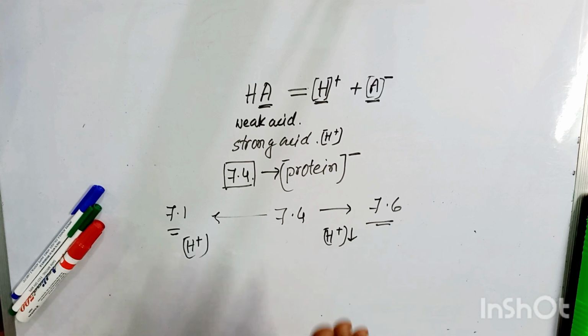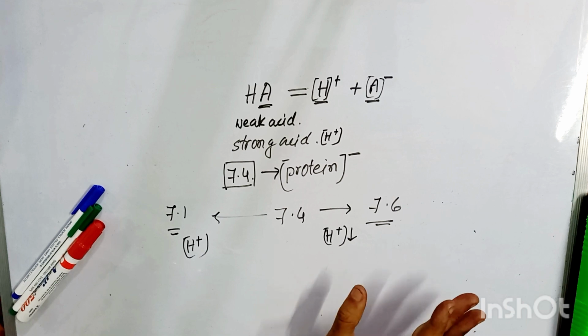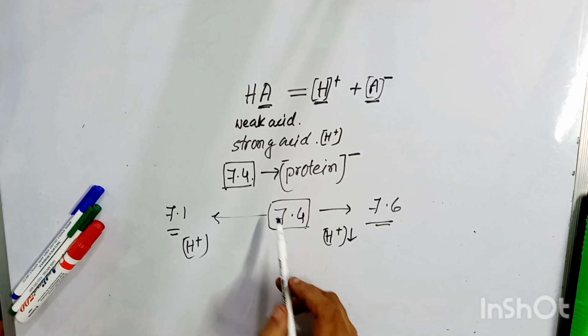The body proteins are structural proteins. Different types of structural proteins are there in our body, and different types of cells contain different types of proteins. All those proteins will get damaged. They will not maintain their structural integrity, they will lose their structural forms, and they will not function properly. So pH is very important, and if the pH